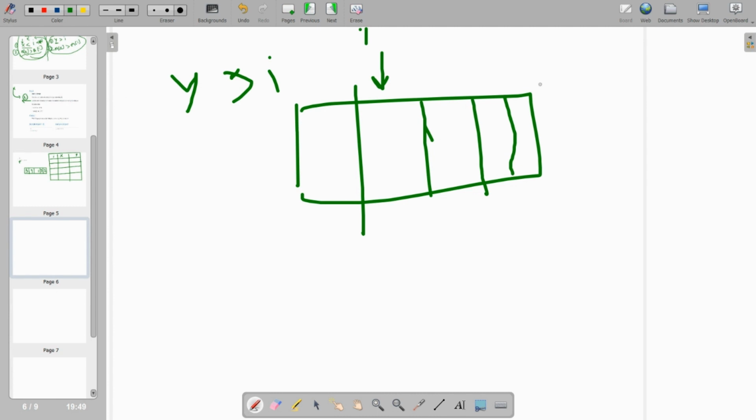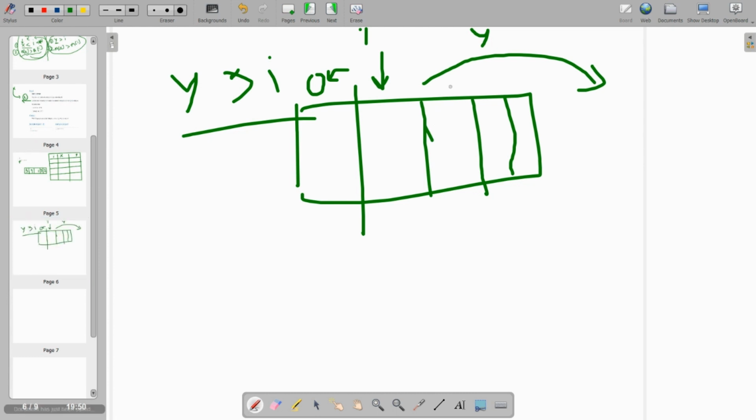So y is greater than I, which means y is present on the right side of our current element, because on the left side of the current element, the indices we take are smaller than I. So we have to find the index greater than I, on this side, and we have to find the smallest y. Smallest y means near to I. The index nearest to I is the smallest one that is greater than I. Both conditions, the first condition, are satisfied.